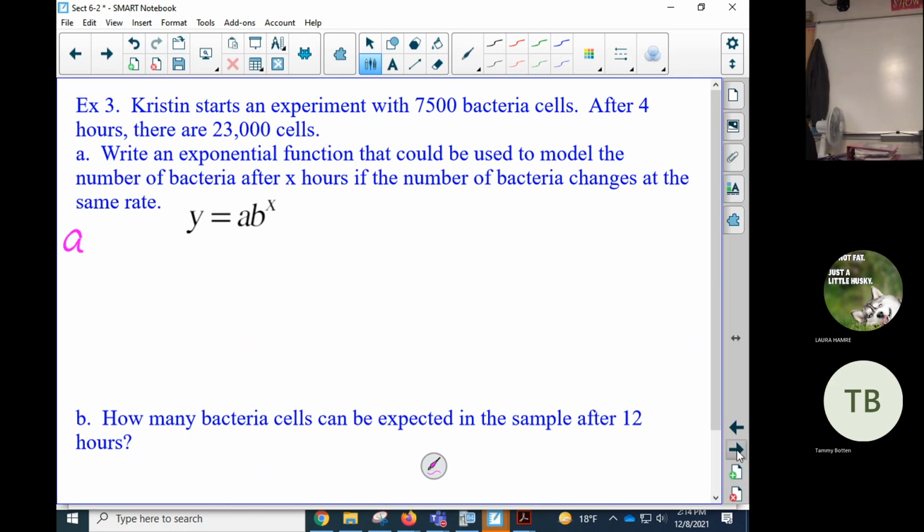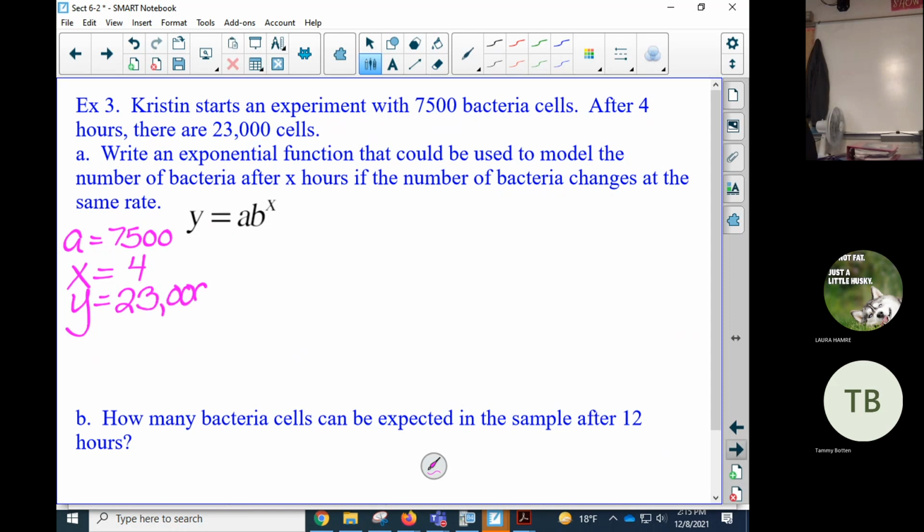So our A would be 7,500. Okay. Then it says after 4 hours, that is our X. Okay. There are 23,000 cells. Y is how much you end up with. So Y is